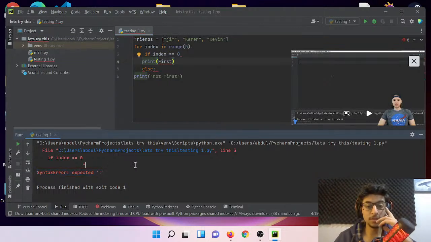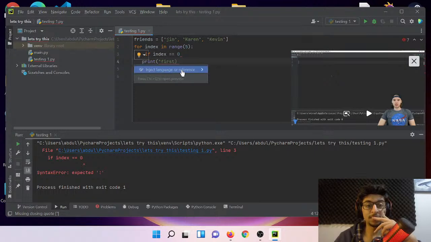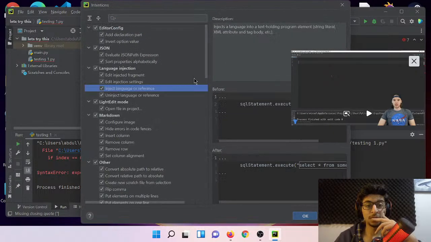Expected these little dots were if index equals 0. Okay. What about here? Still. What is that? Let's just